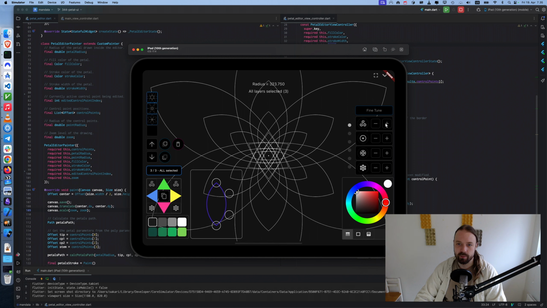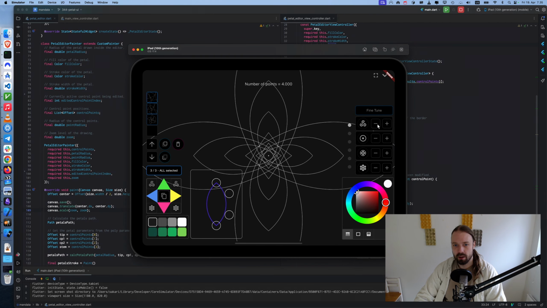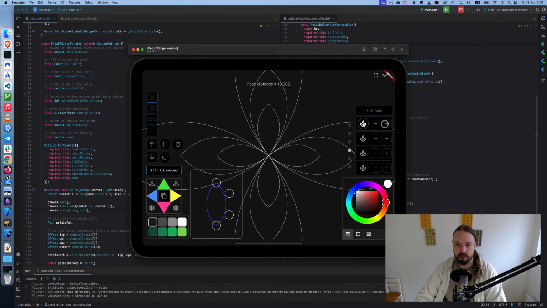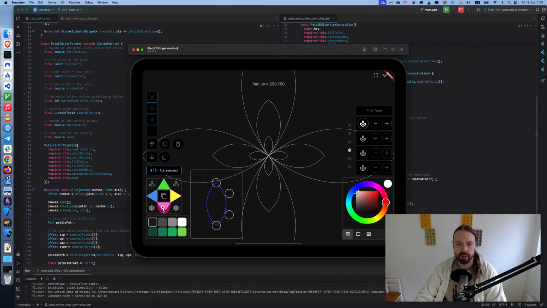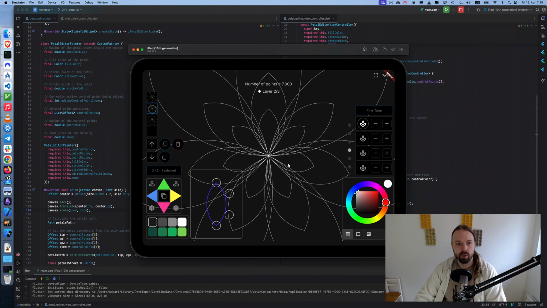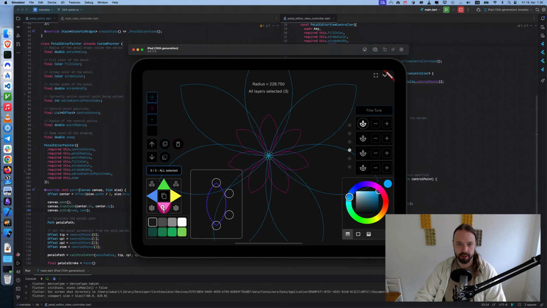Then we have different parameters like number of points, and here I have this feature of drawing petals, like flower petals, turned on. I've been developing this flower feature and starting to really try to enable drawing flowers inside the app. The idea is that you would create these beautiful flowers that become alive with your fingertips. So, interactive flowers and mandalas. That's the idea.